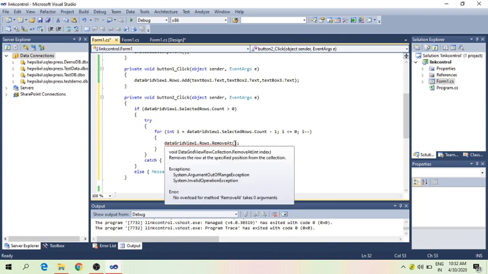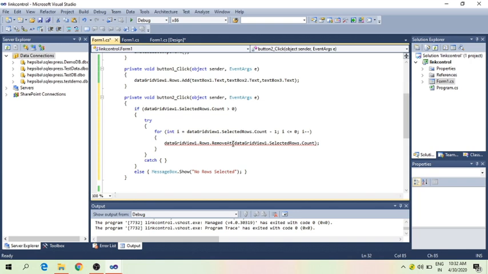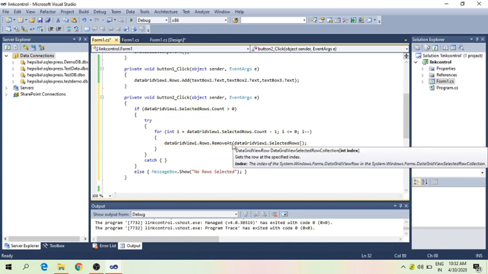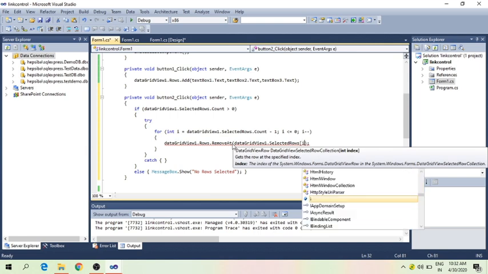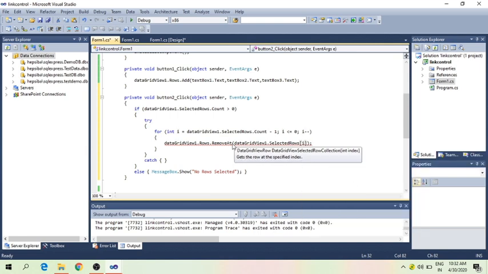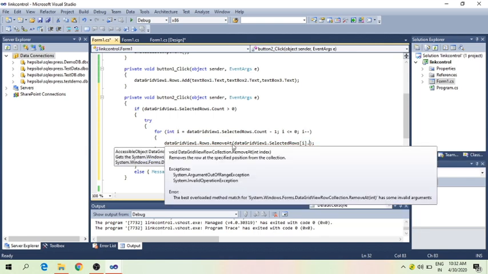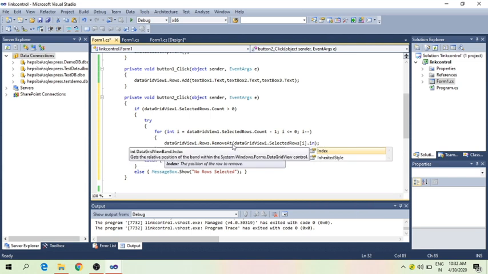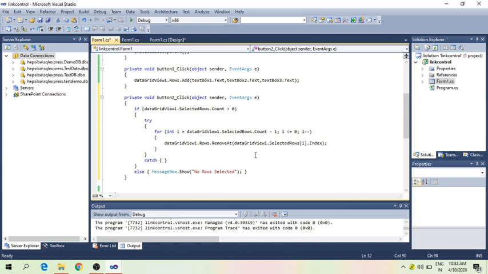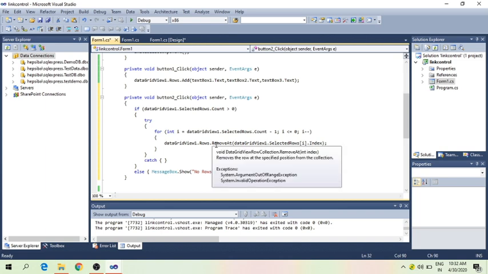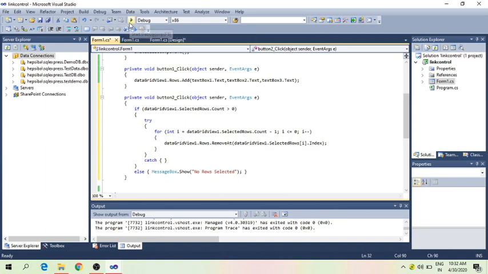So here we should give the selected row. Selected row must be given, and it is being stored in I. So we can give index, the I value. We need not give any kind of number, since it is in the loop.